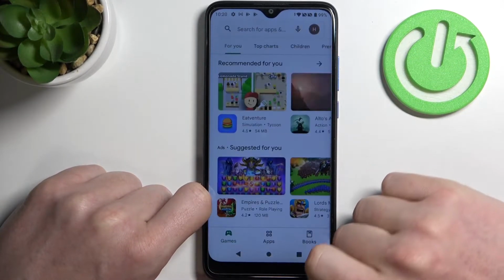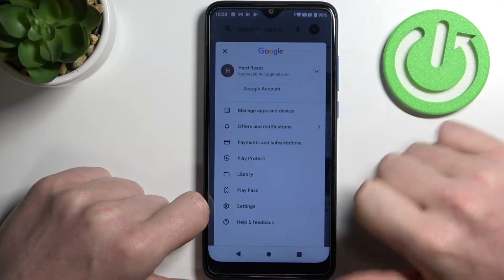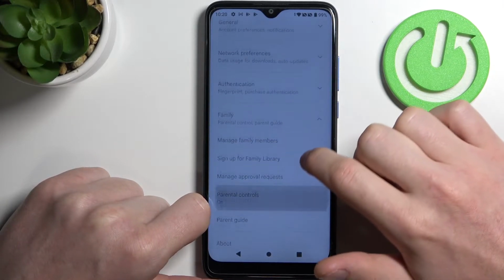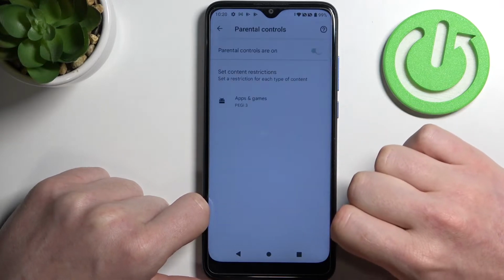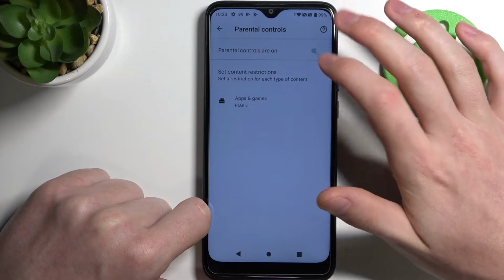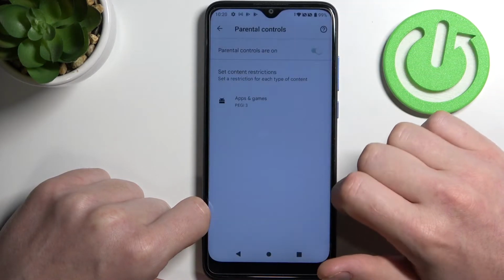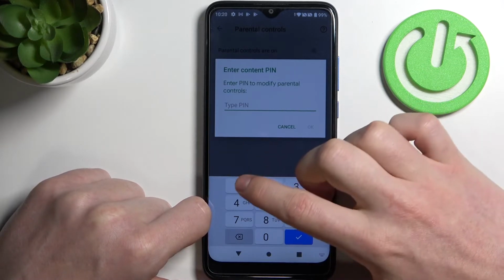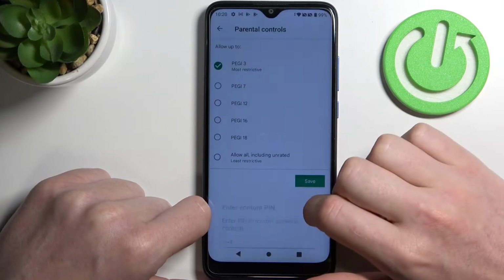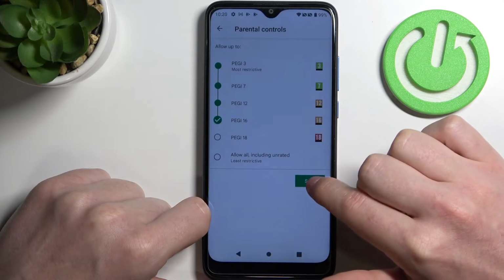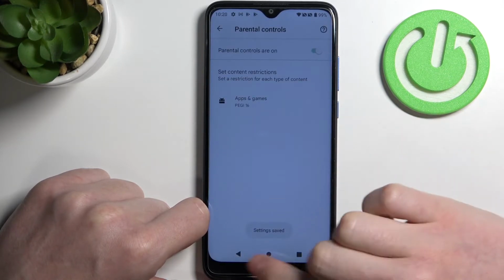So go back, click on your profile icon, from here move to the settings, open family, scroll down, get to parental controls, and right here we can fix it two ways. First one is to disable parental controls entirely, or the other is to go for apps and games, enter your PIN code, increase PG to at least 16 and make sure that you save this setting. Go back,